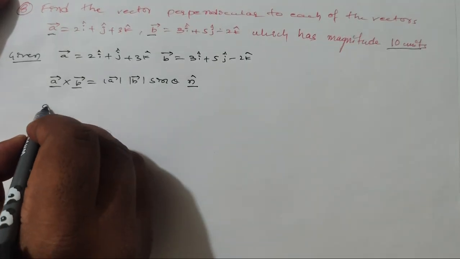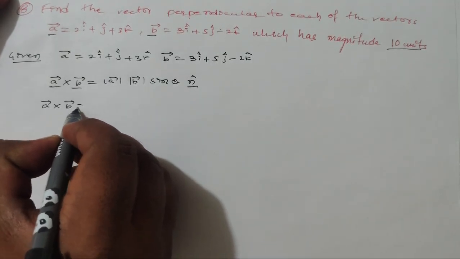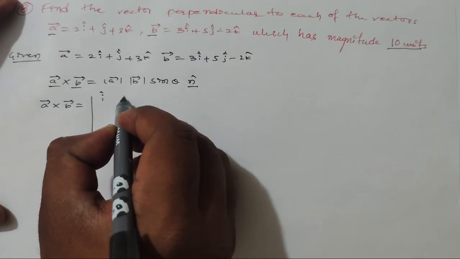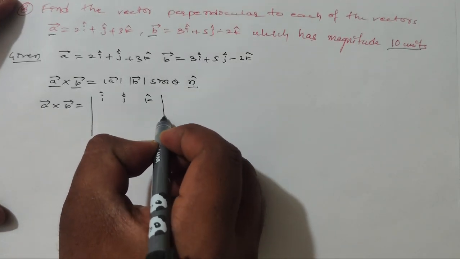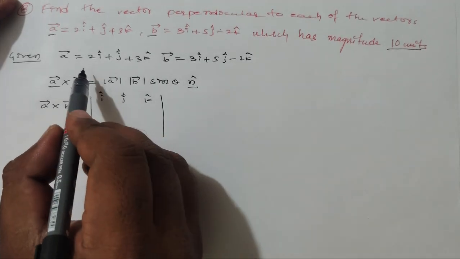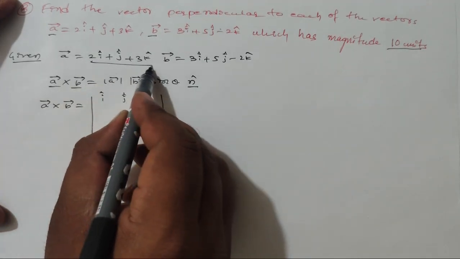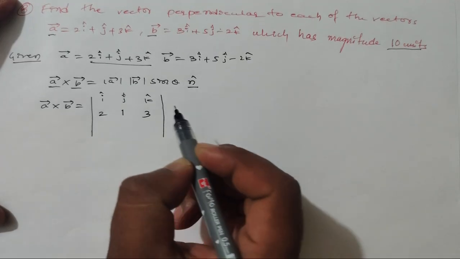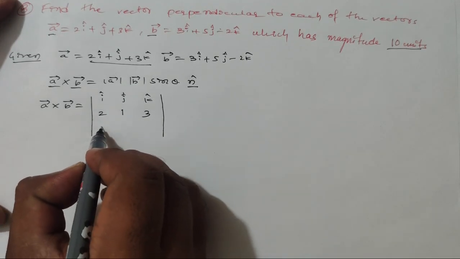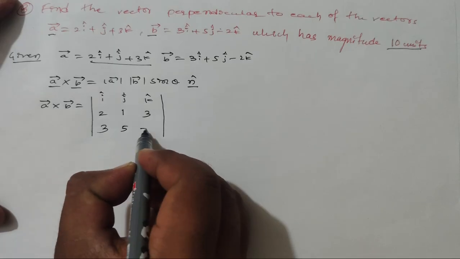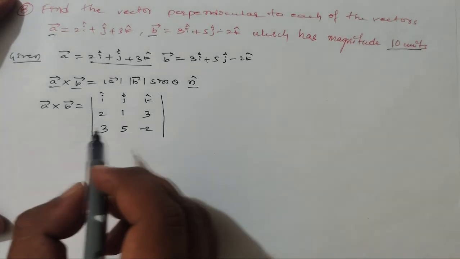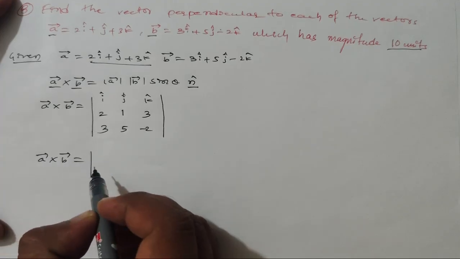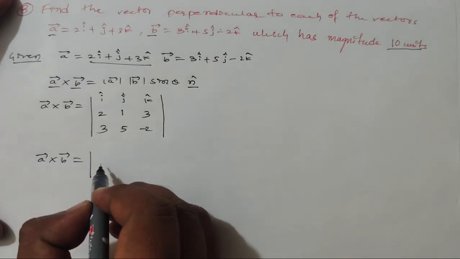First you find a cross b. A cross b vector equals the cross product with i j k cap. Okay, first write a's coefficients, 2 1 3. Then write b vector coefficients, 3 5 minus 2. Okay, right, that is equal to a vector cross b vector equal to,